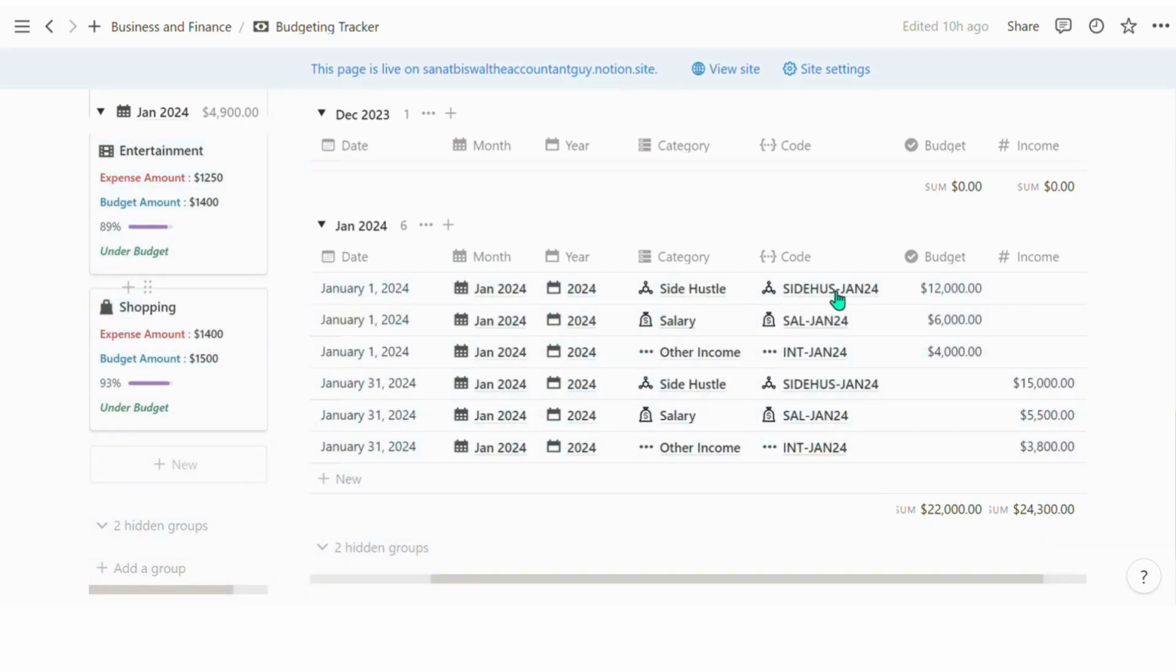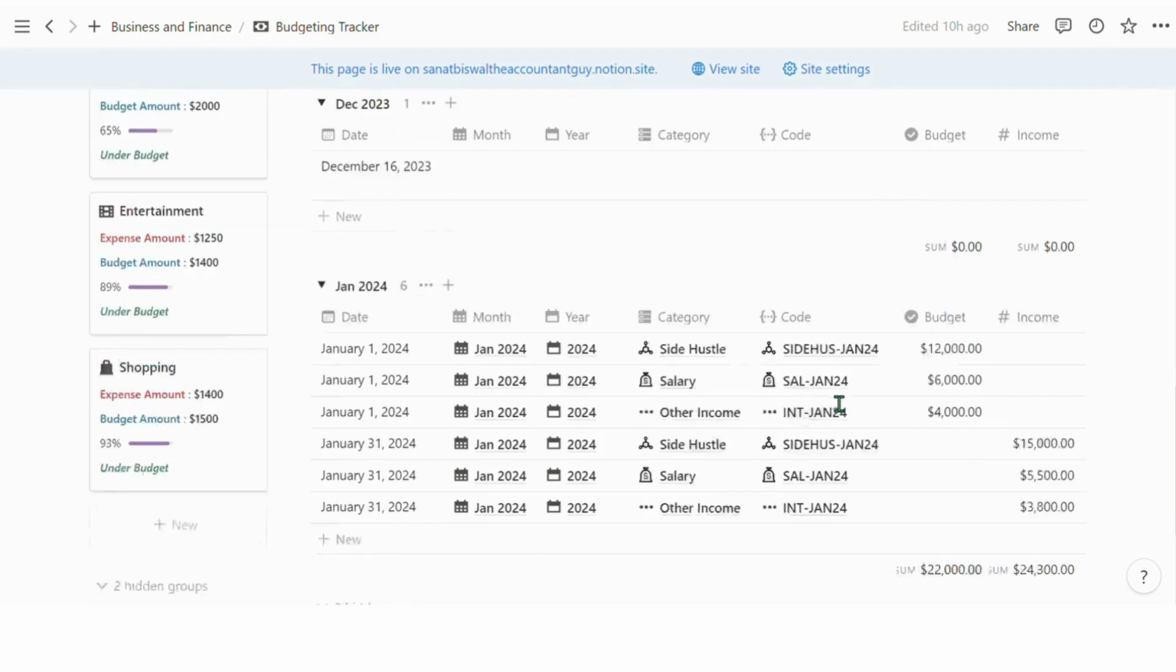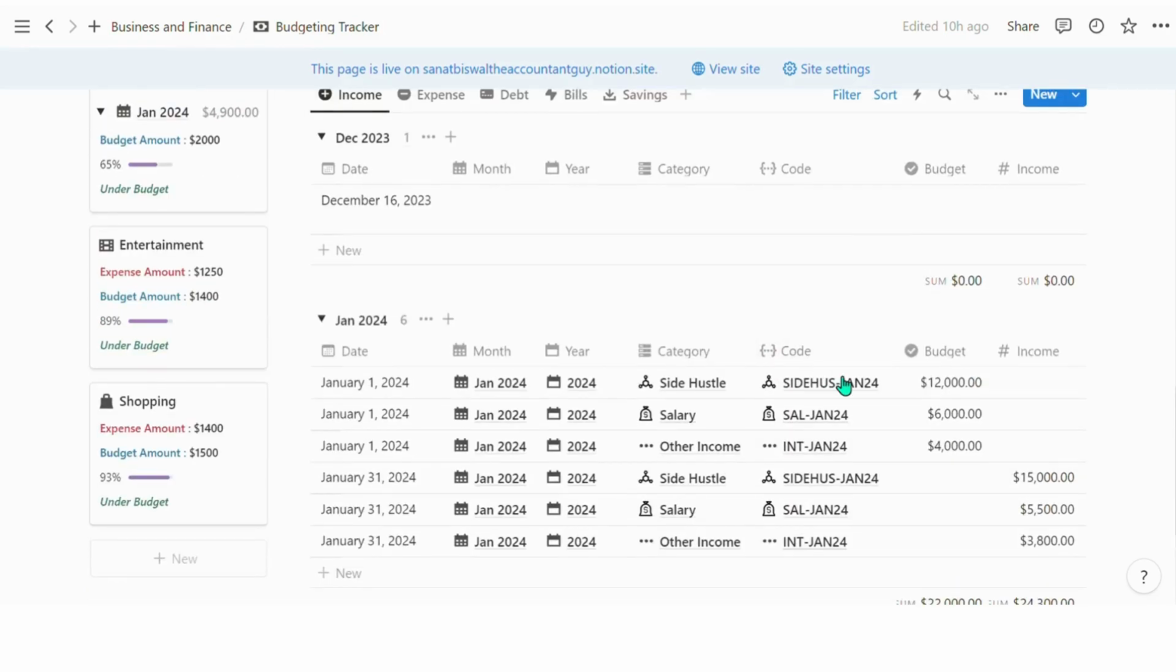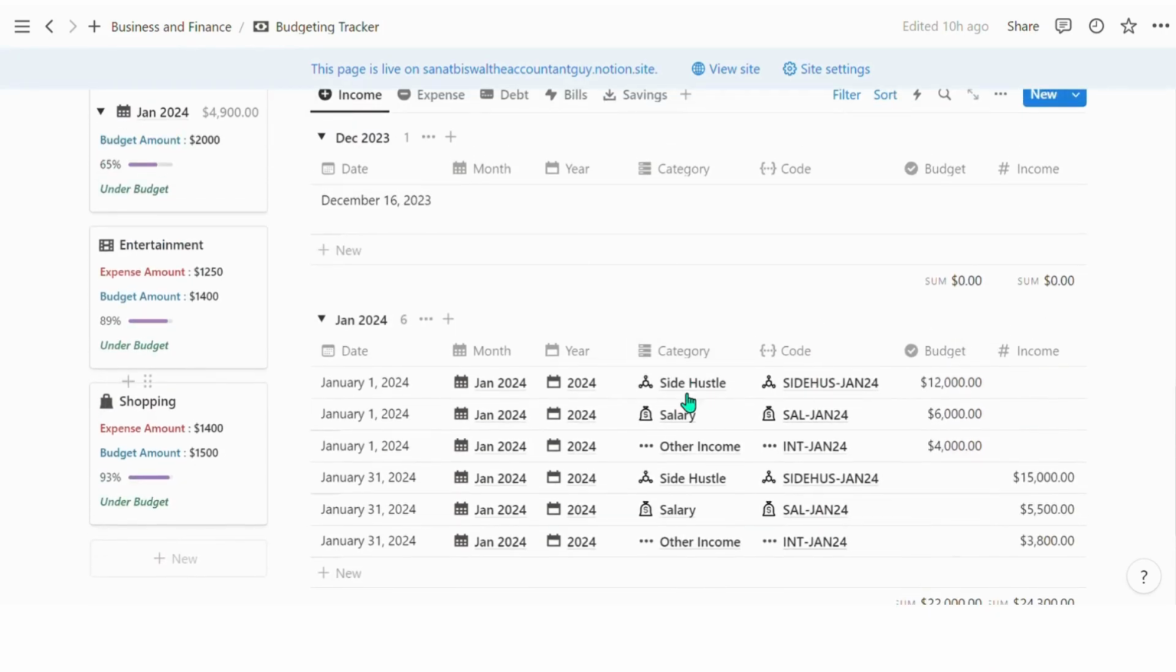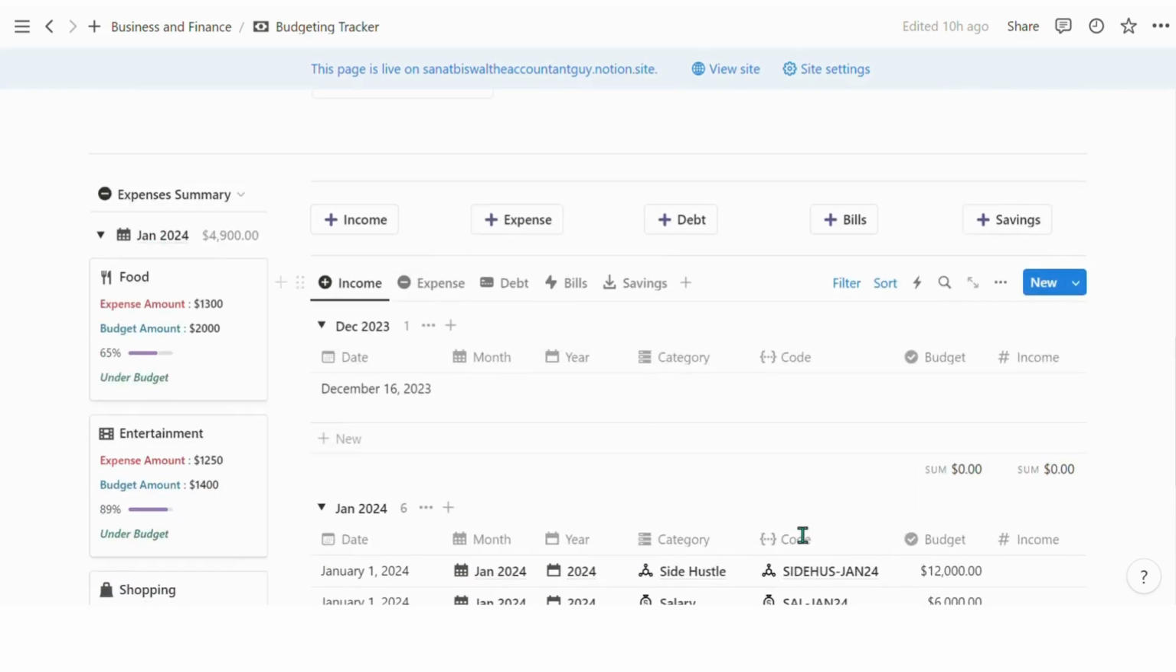And then we have added the month and the year. This is used to bifurcate for different months, whatever the sources of income and expenses you are incurring. So this will help you to specifically bifurcate all the particular needs. So if you see, we have added side hustle income for Jan 2024, and you have made the same code over here. So for other similar sources, you can use this coding convention to keep track of different specific months